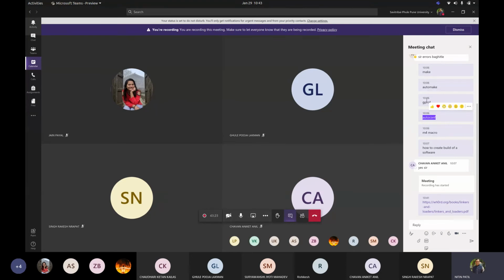Payal, you can talk about M4 macro and automake together. Sorry, automake, because Rakesh would be talking about make, and Isha, you can talk about the profiler. Fine. Try to search it and work with it. You can avoid taking the file format and mention that topic name there. I want each one of you to prepare a document about it. Along with it, I want you to record a video. When you have understood everything, record a video and share that link in the WhatsApp group so that it would be your presentation for that particular topic.